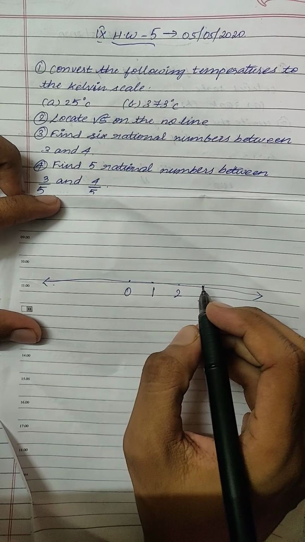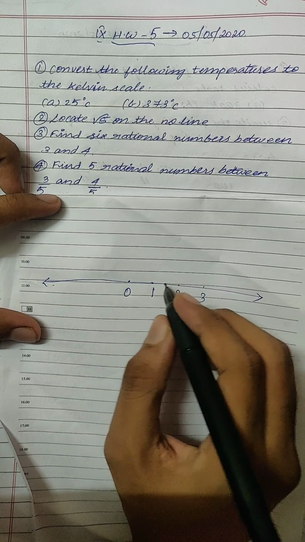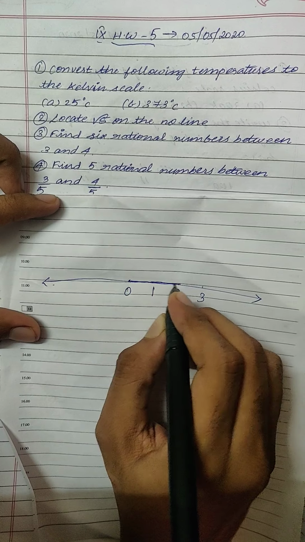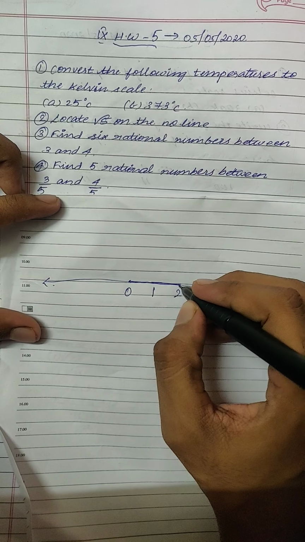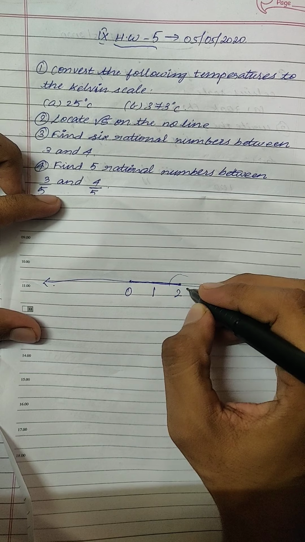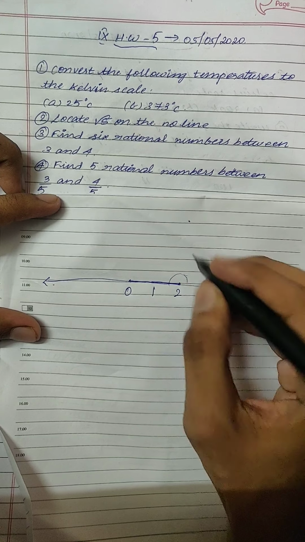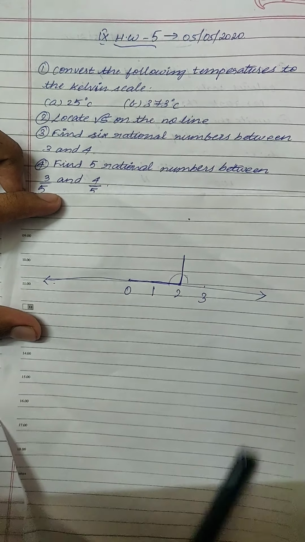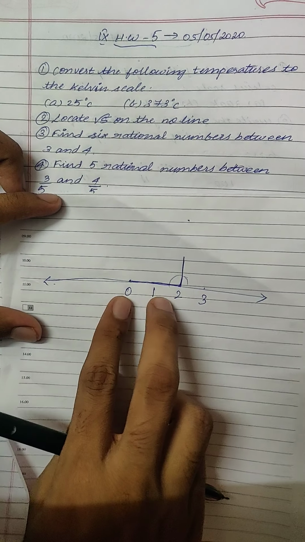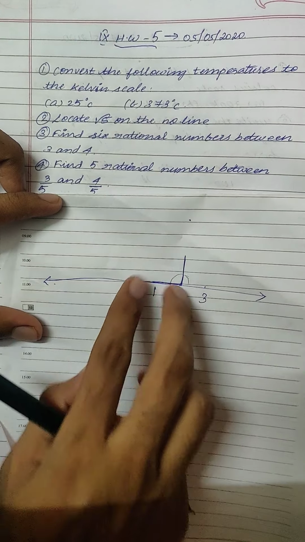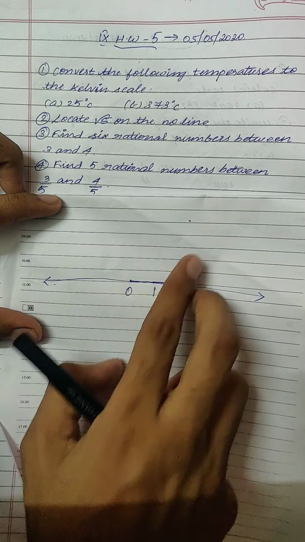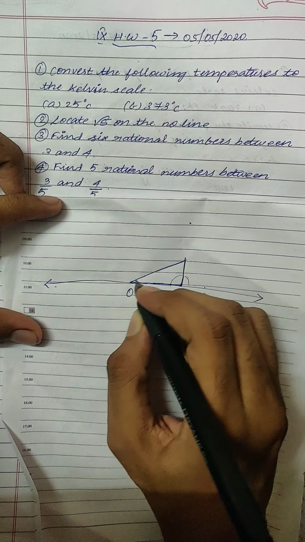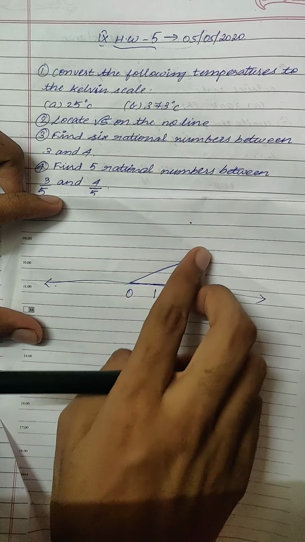So what you have to do is to draw root 5. You have to take the base as 2 centimeter. Okay, darken it, and then from here you have to take 90 degree. Okay, and in 90 degree you have to take the height as 1 centimeter. In the previous video I would have taught how to draw root 2. For root 2 we'll be taking the base 1 and height also 1. Here for root 5 you should take the base as 2 and height as 1. I hope you can understand. So now we can join these two. Okay, the base will be 2 centimeter, height will be 1 centimeter.